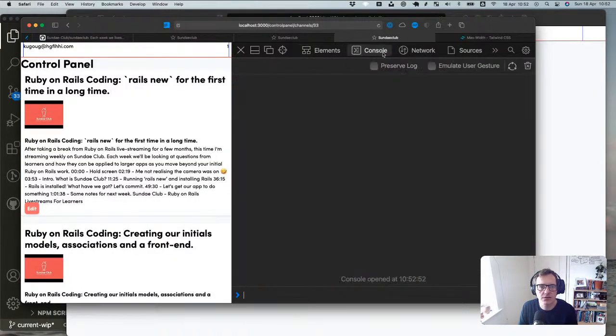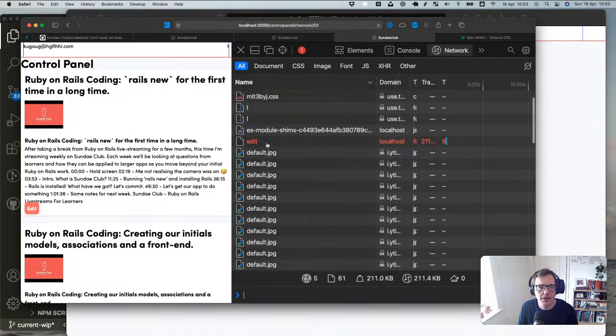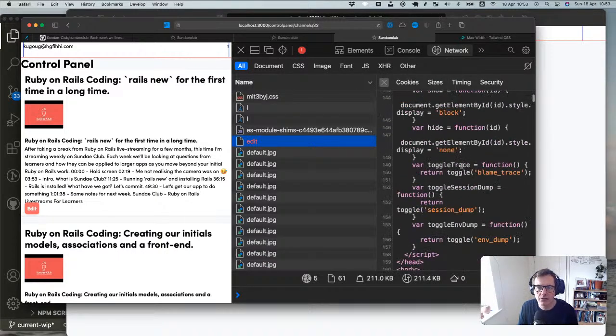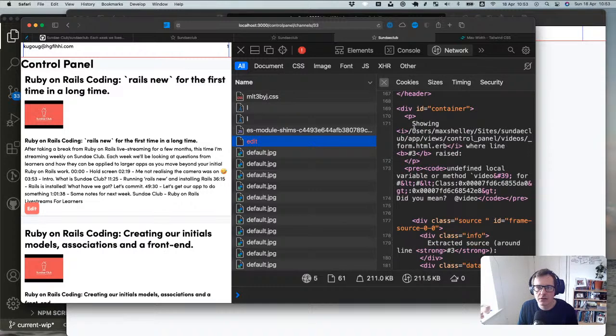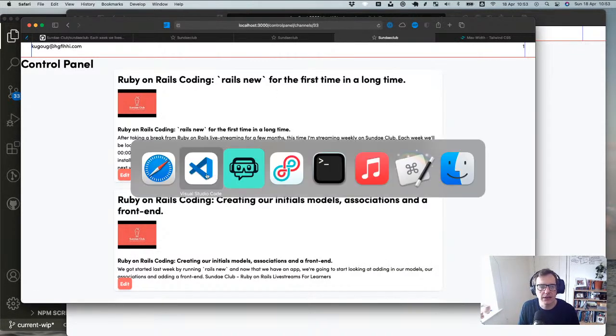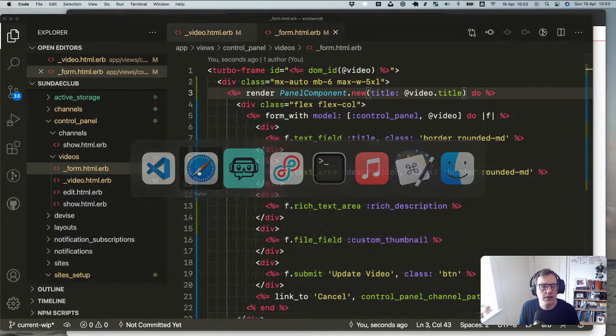So let's go to console, because I put that error back, remember. Now if I hit edit, yeah, I get my request failed, and presumably I get just my error in here. Undefined local variable video. And you'd look at it and be like, oh yeah, cool. But without seeing it, you have to remember to go and check. So as soon as you see a TurboFrame button do nothing, you know what to look for, I guess, or